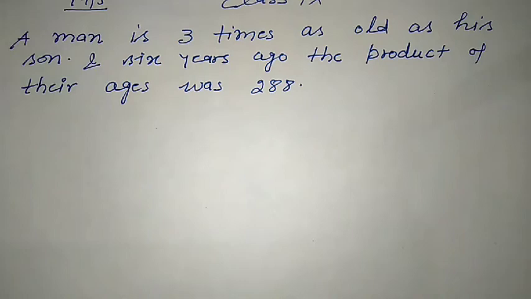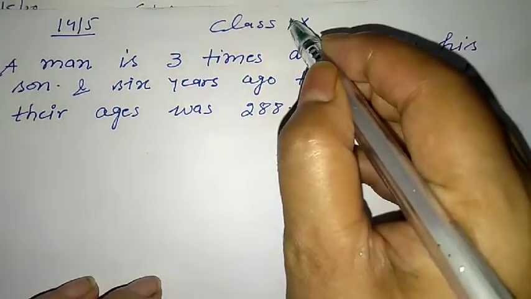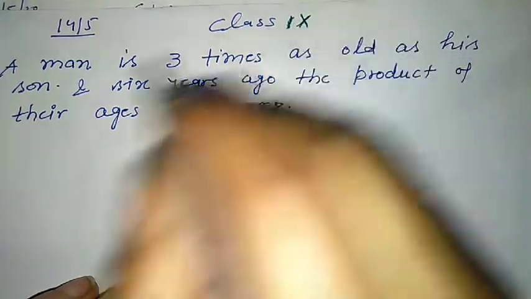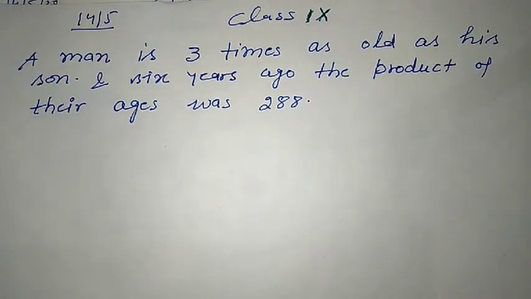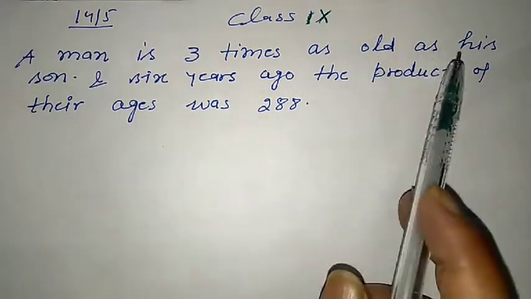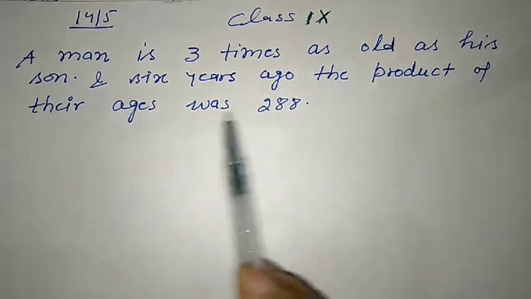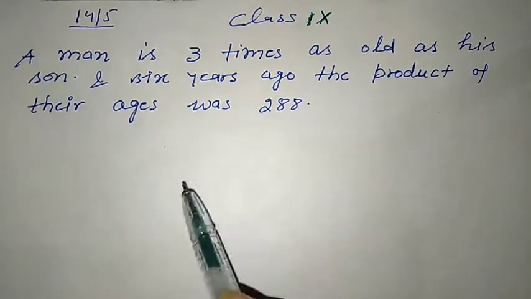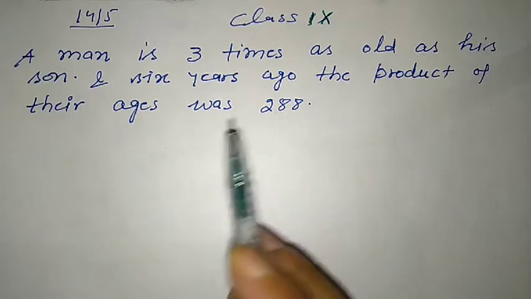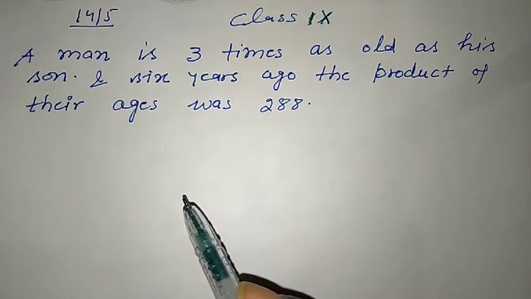Hello everyone. Once again we are here with the next topic, that is quadratic equation. So let's start with the problem. A man is 3 times as old as his son, and 6 years ago the product of their ages was 288. So in this chapter we are going to learn about the quadratic equation,